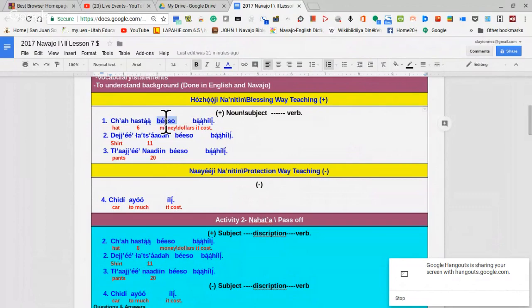Okay, so hat, $6. Bahil, it costs. Hat costs $6. Okay, so that's the pattern. All right, so the next one is